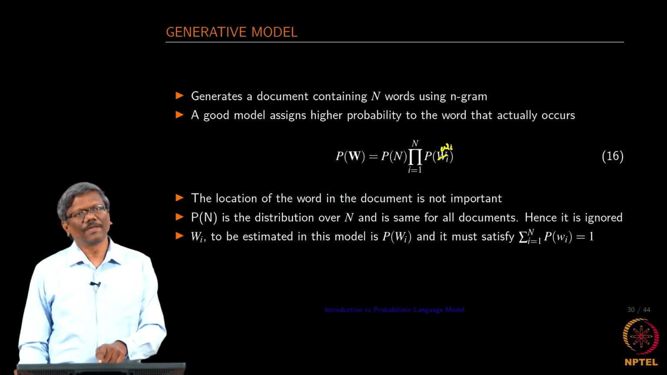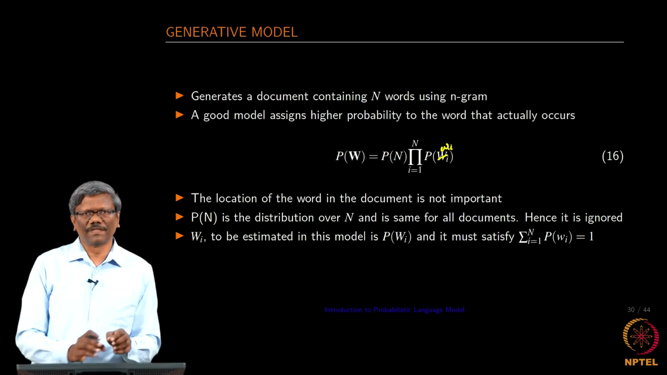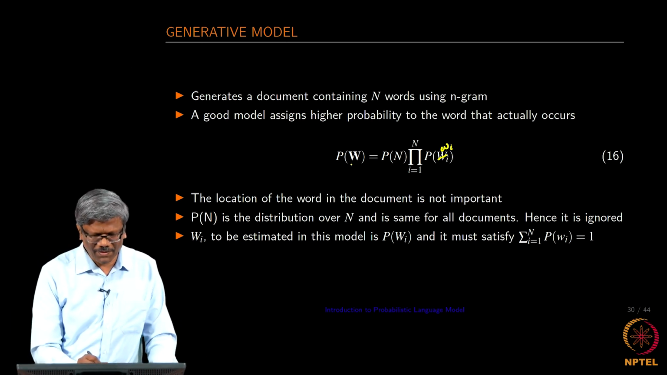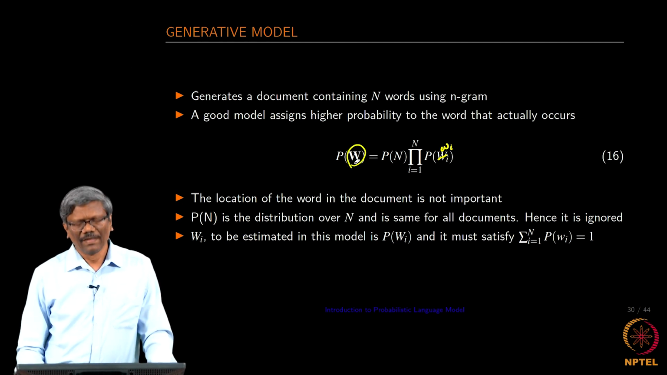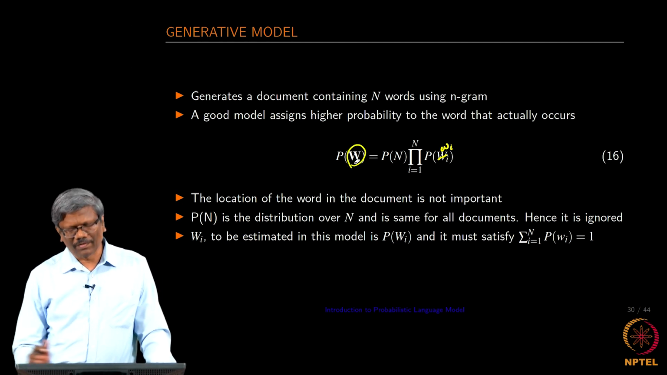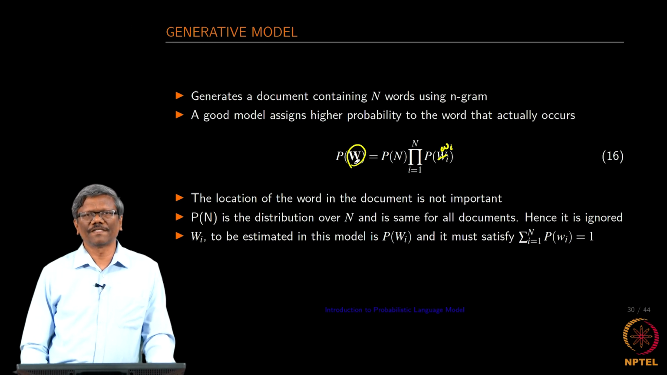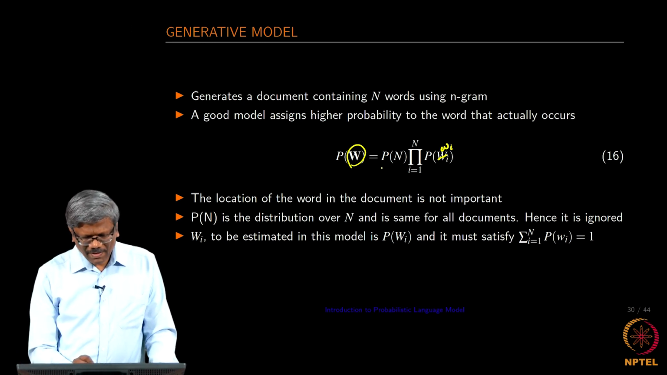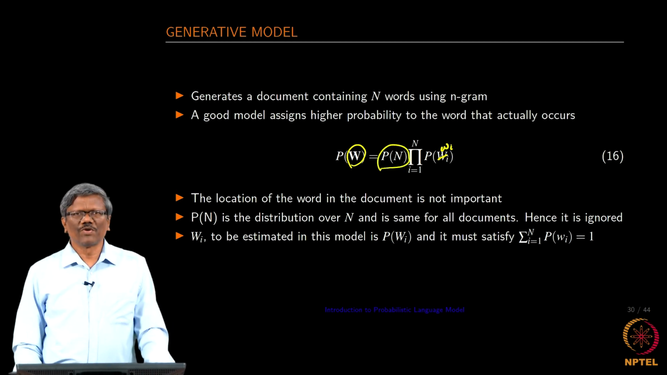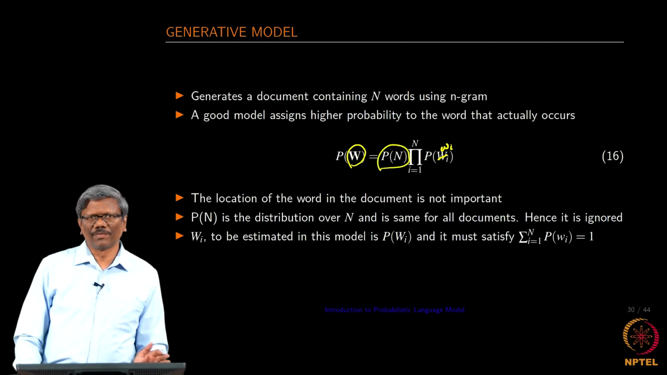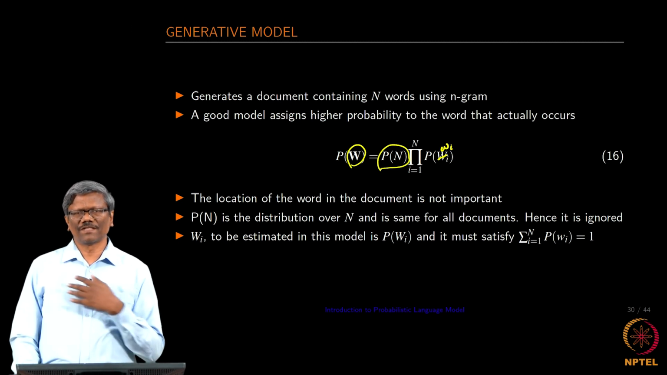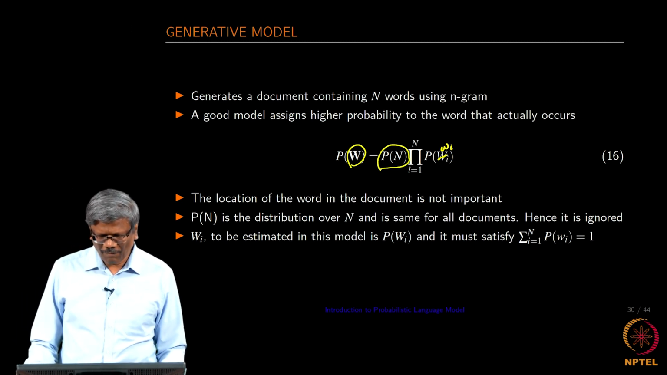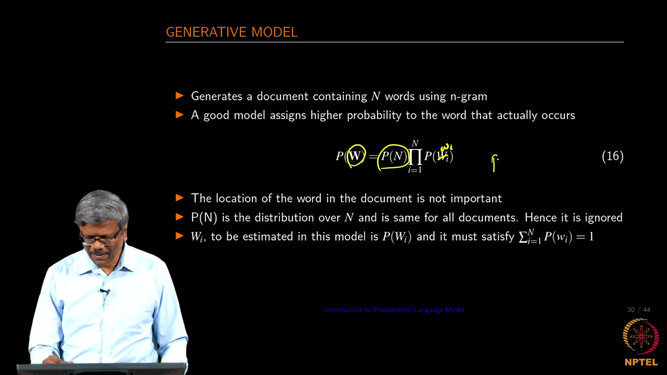Okay. The probability of a sentence, which is a string of words, is nothing but the product of the probability of all the words in that particular sentence. And this one is the distribution over n, so it is going to be common. So we are going to be removing this from the formula, so the formula would be of the form